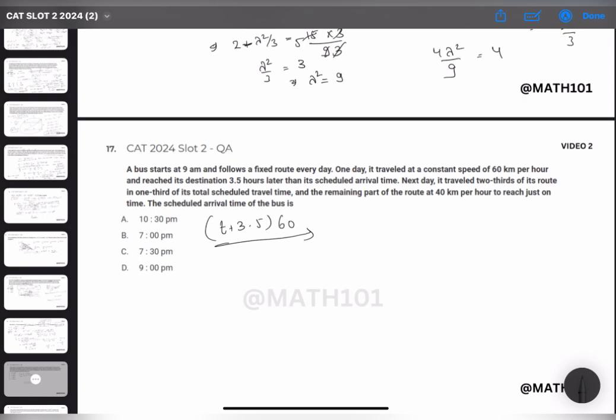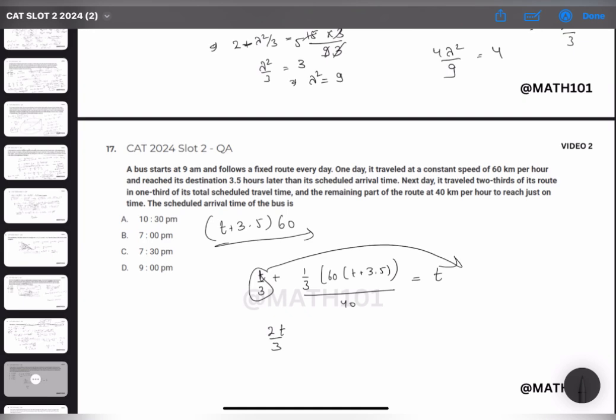1/3 of its total scheduled time, so t by 3 plus 40 km per hour for the remaining distance. So the remaining distance would be 1 by 3 times its total distance, which is 60 into t plus 3.5. This distance was done at a speed of 40 km per hour, so this is the time it takes. It reaches just on time, so this time is t. So 2t by 3,